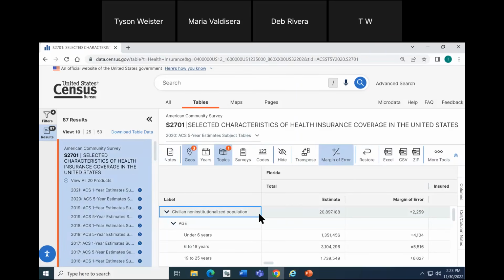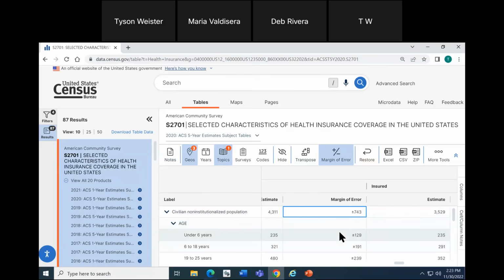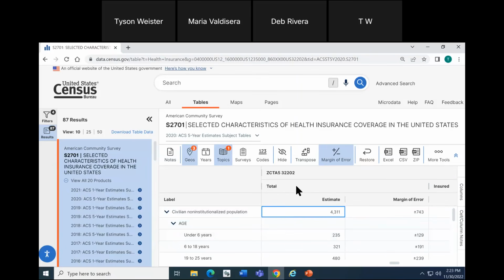So that's why we weren't seeing the zip code tabulation area when we were clicked into 1 year. When you change it to 5-year and scroll through the table, you will see that additional geography. So definitely recommend paying attention to that drop-down menu. We're going to talk more about that at the end. For now, we'll go ahead and proceed with this selection of 2020 ACS 5-year estimates subject tables.